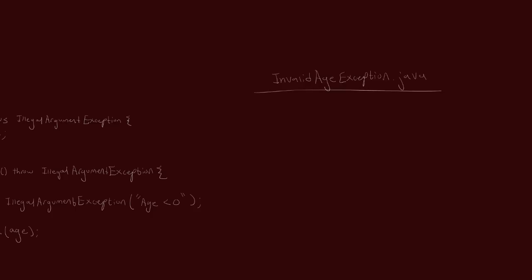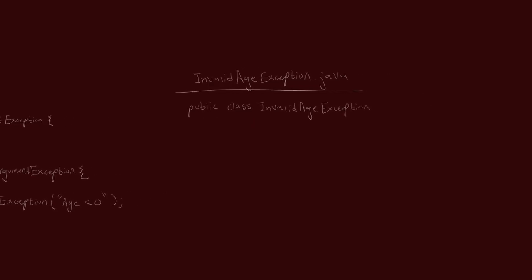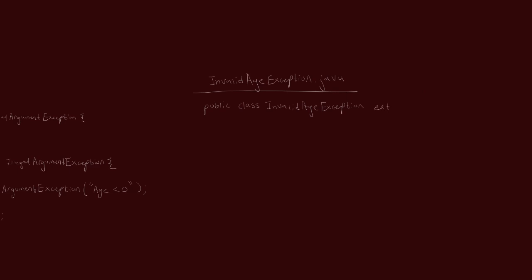Okay, so what we're going to do is public class InvalidAgeException, and we'll have it extend the Exception class. This is already built in, so you don't have to create another file for that. Now, we'll do int age here,